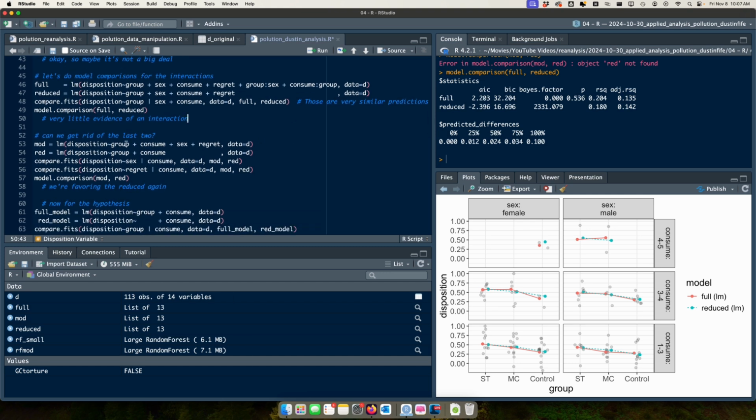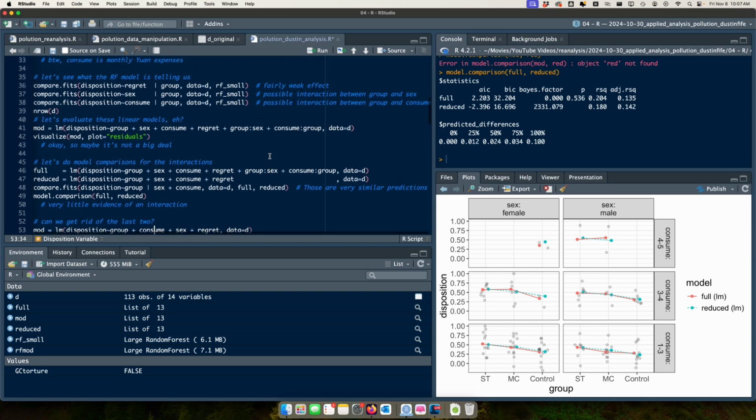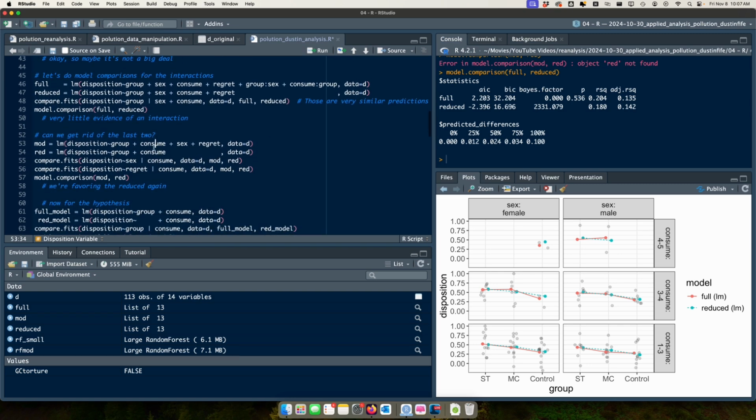And that actually makes things a lot easier. Now let's see if we can get rid of the last 2 variables, sex and regret. Group, consume, sex. That almost sounds like a sentence. Group, as a group, we consumed sex and now we're filled with regret. That's weird. Anyway,